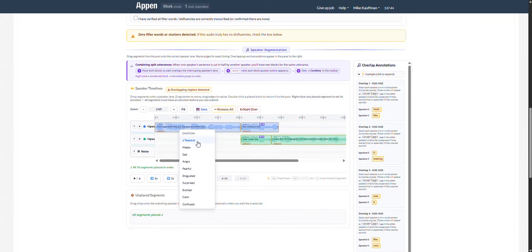Now, most of the emotions you're going to hear are neutral. If there's a very blatant, someone's very happy, someone's very sad, very angry, very fearful, if any of these come up, feel free to select. The majority of the time, they're going to be neutral, but you still have to right-click and go into them and then choose that they're neutral